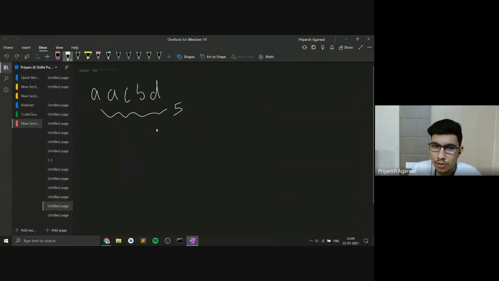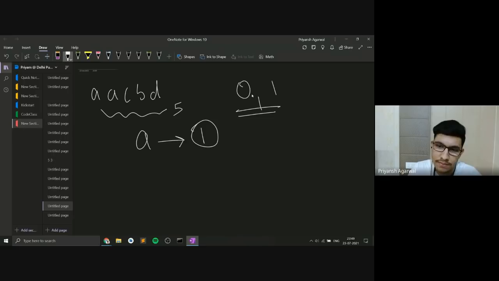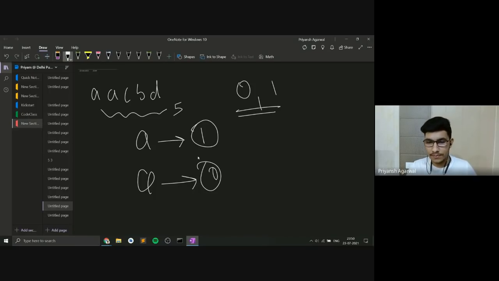So basically, you have to color these characters. Let's say I choose A and I color it 1. You only have two types of colors, 0 and 1. In the question, it was given red and green, but let's keep them 0 and 1. So you have this A, and let's say you color it with 1. The other A that is remaining, you can only color it with 0. And you cannot color more A's.